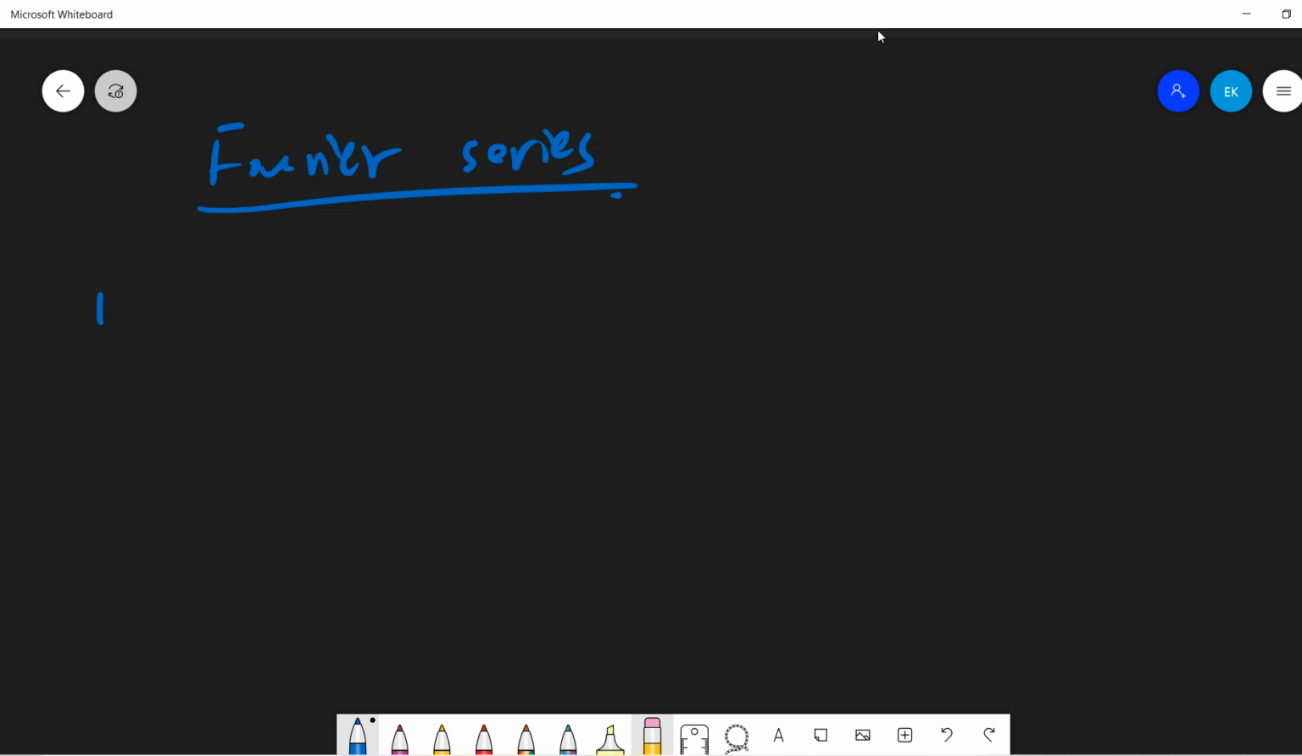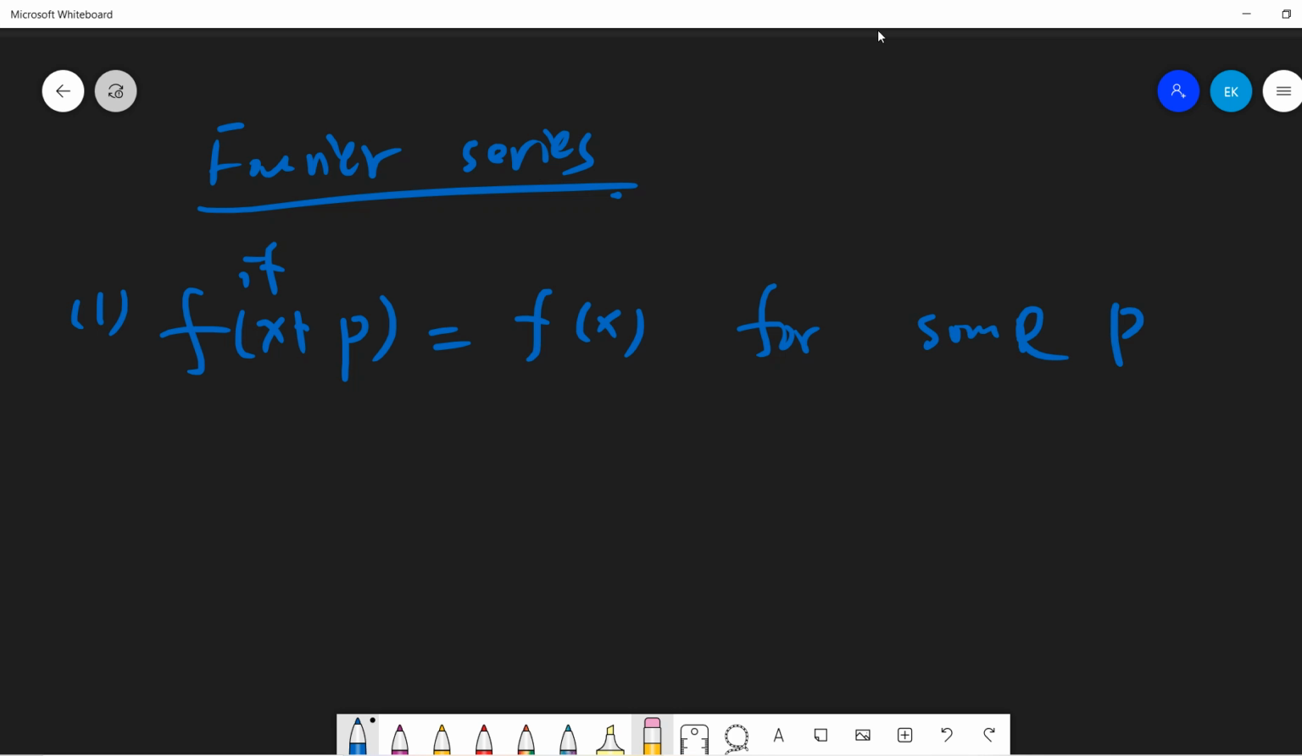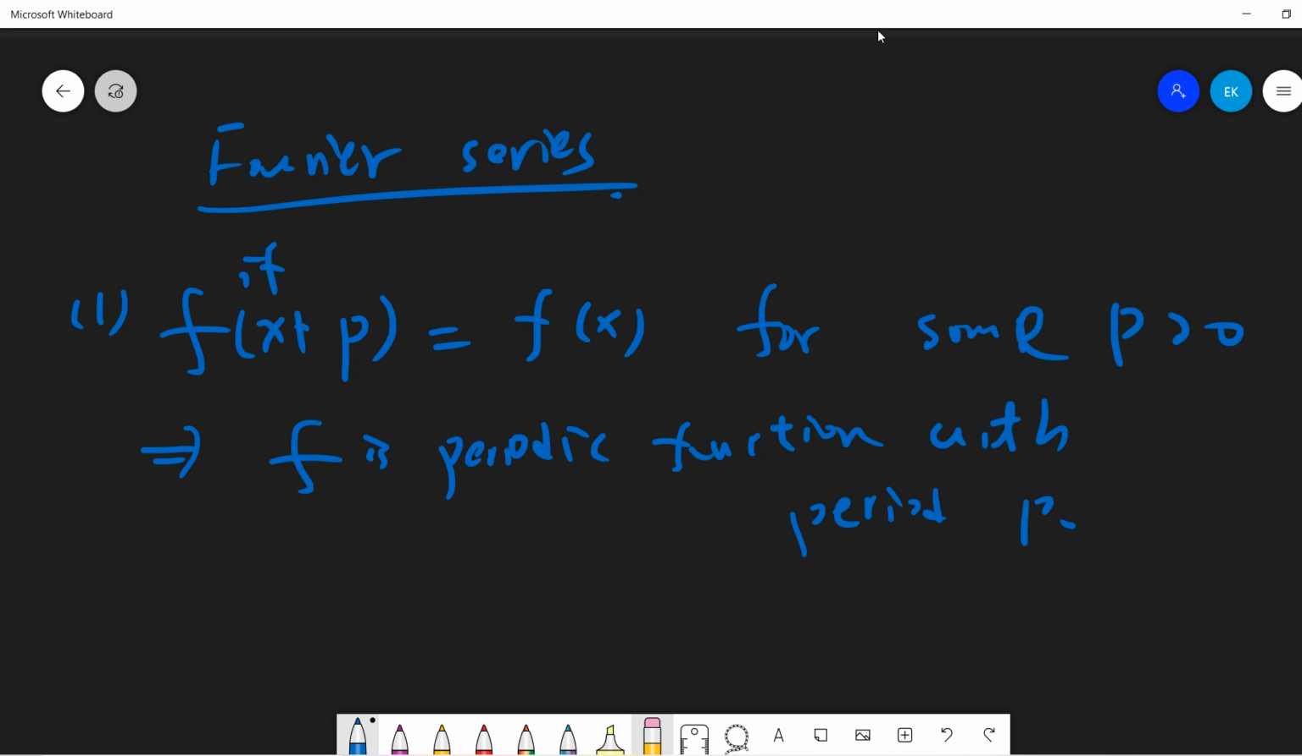Okay, so the first definition is that f of x is a periodic function if f of x plus p equals f of x for some p larger than 0. We then say that f is a periodic function with period p. Okay, so this is the definition, and it's common sense. For example, a constant function is periodic with any period,